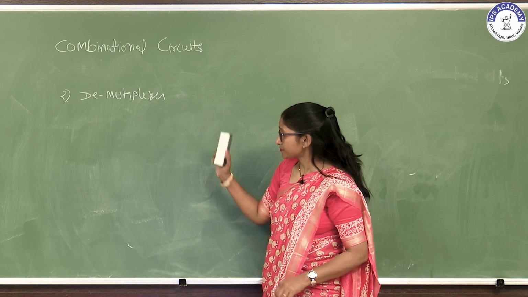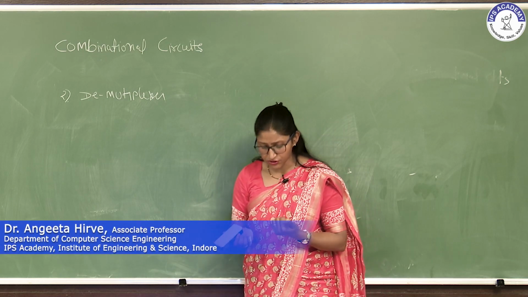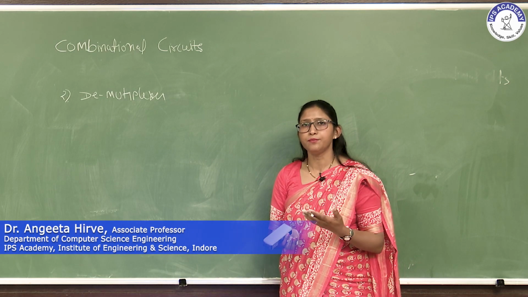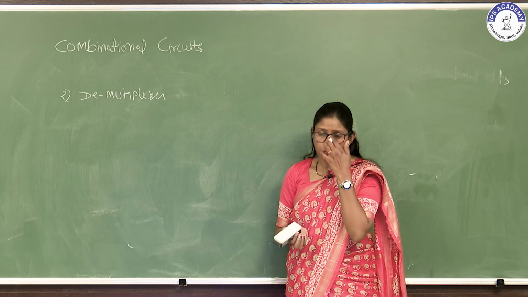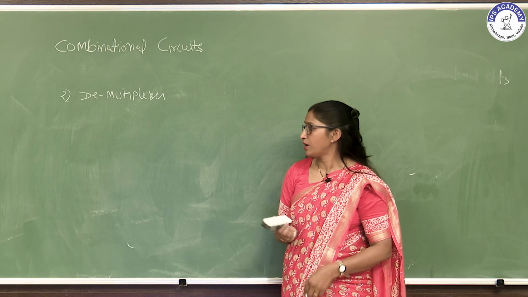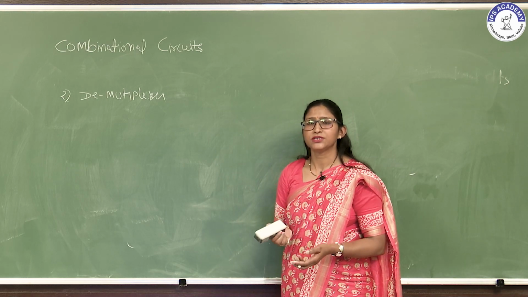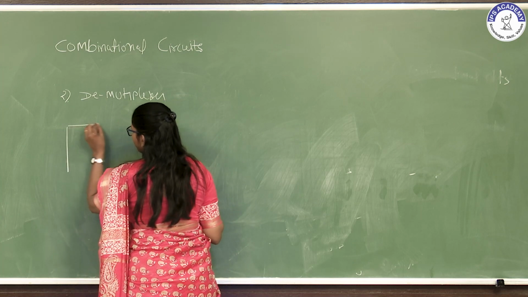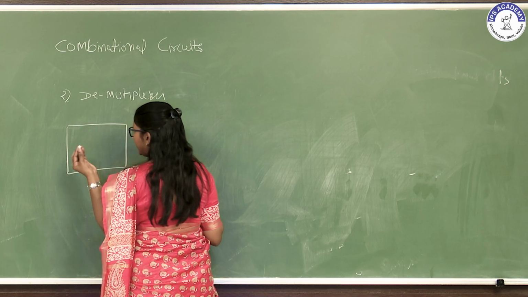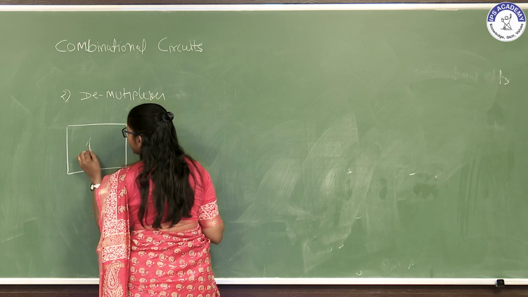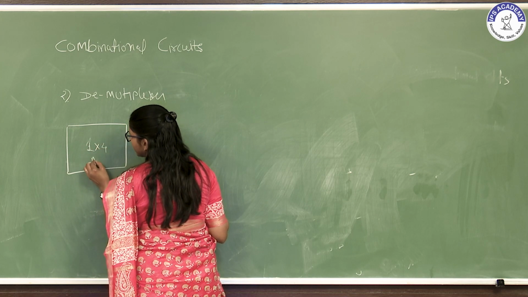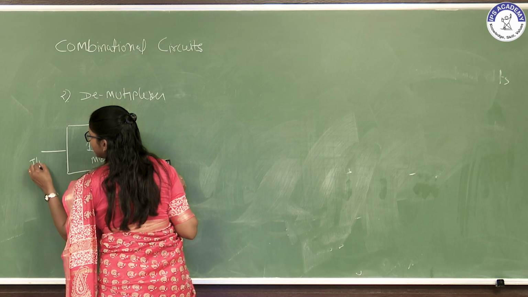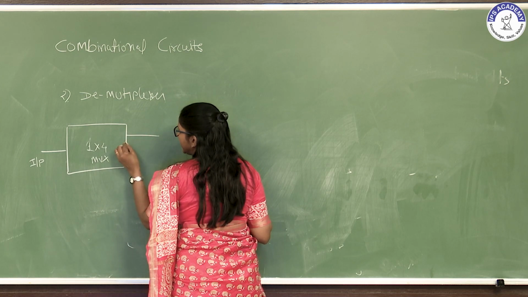The definition of demultiplexer: it is again a combinational circuit which has one input and 2 raised to the power n outputs and n selecting variables. Here again we are talking about the 1 cross 4 demux. So here it will be a single input, multiple outputs,